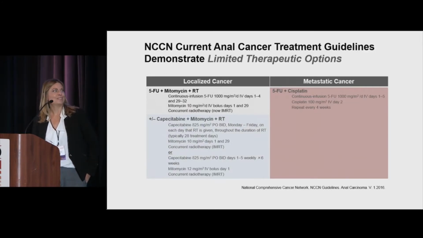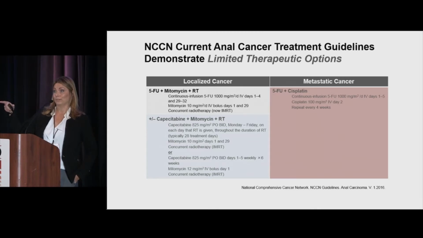So look at this. This is our NCCN guideline, and pretty much nothing's changed for anal cancer since Dr. Nigro, a surgeon, started this regimen in the 80s. We know a lot more about it, that pretty much 5-FU and mitomycin with radiation is still the combination. And we know that, now these are your SAM questions,